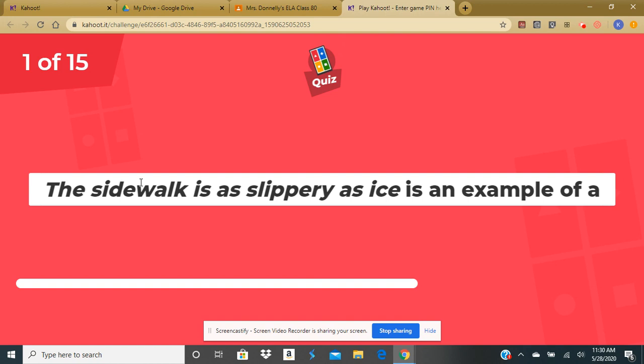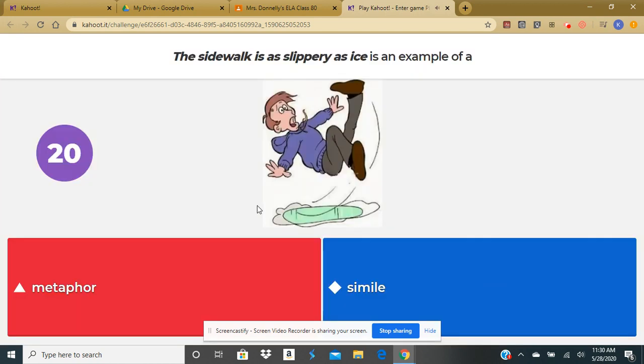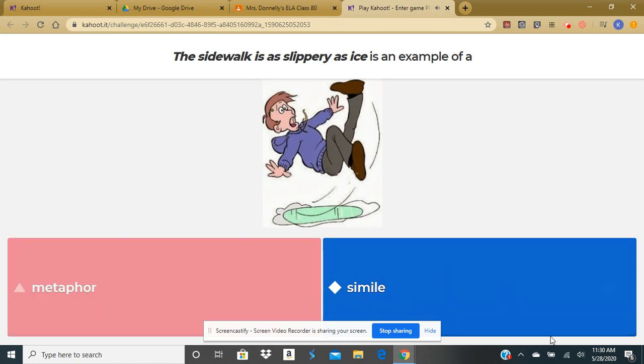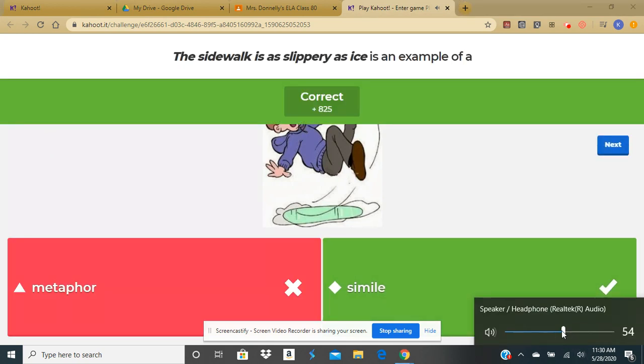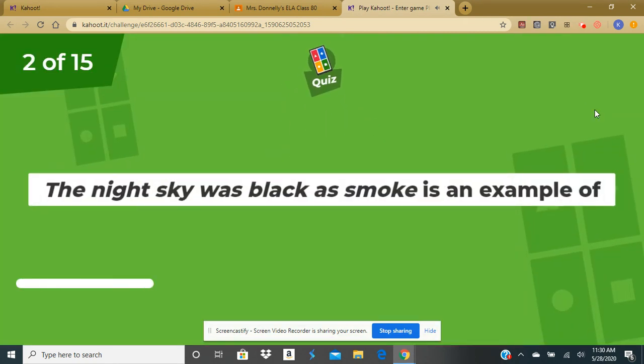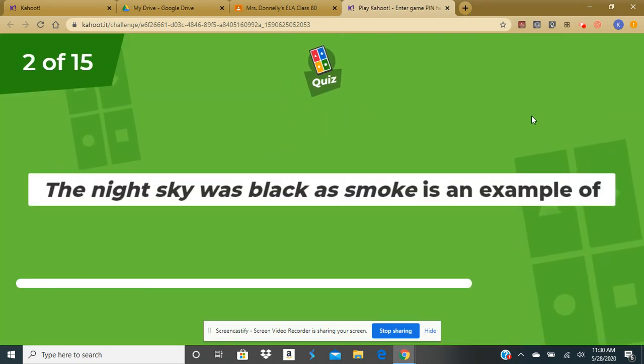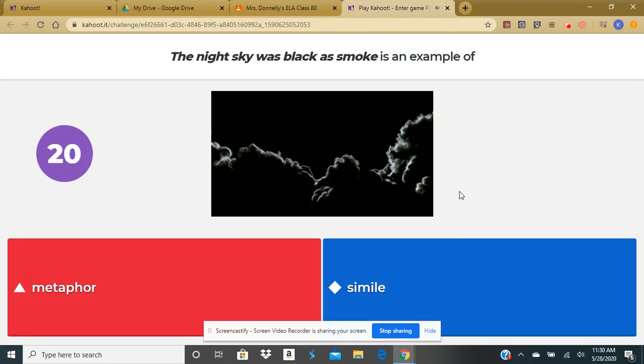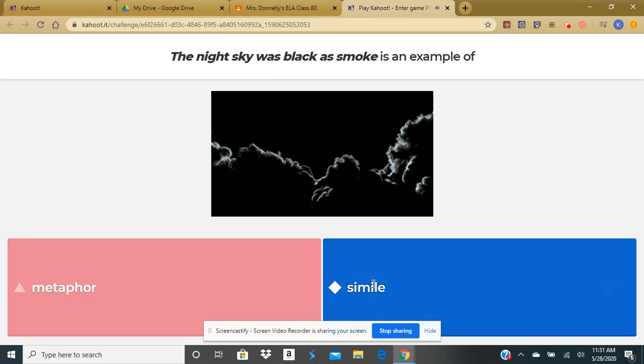The sidewalk is as slippery as ice is an example of. I see that it uses like or as, so it must be a simile. The night sky was black as smoke is an example of, again, I see as, so this must be a